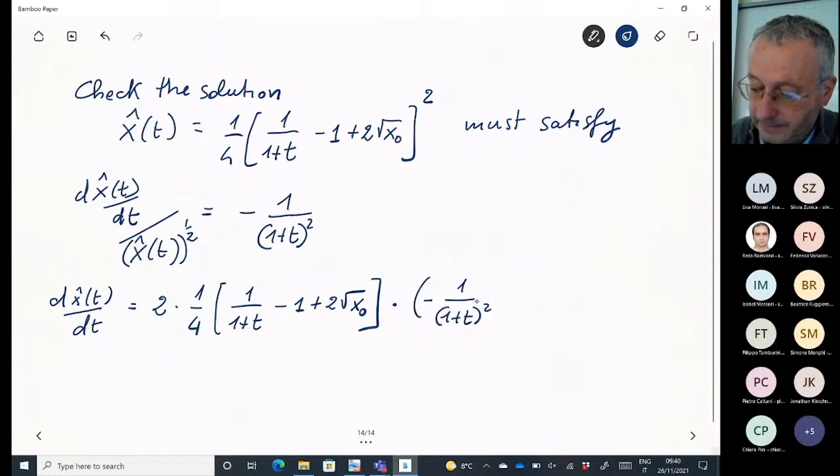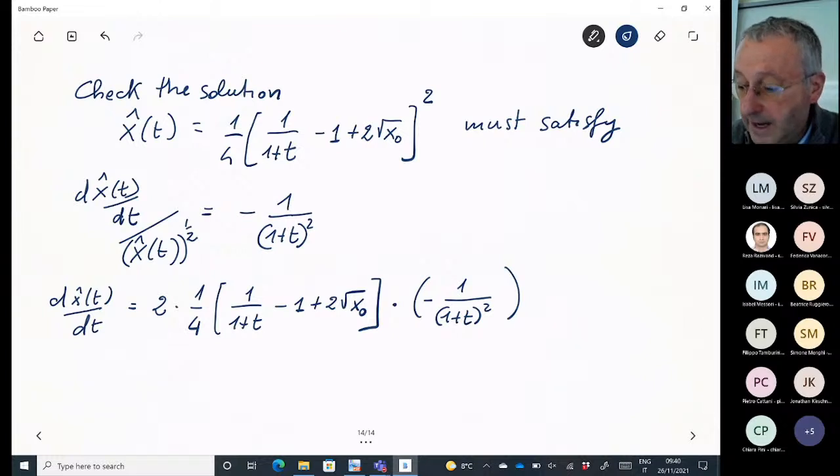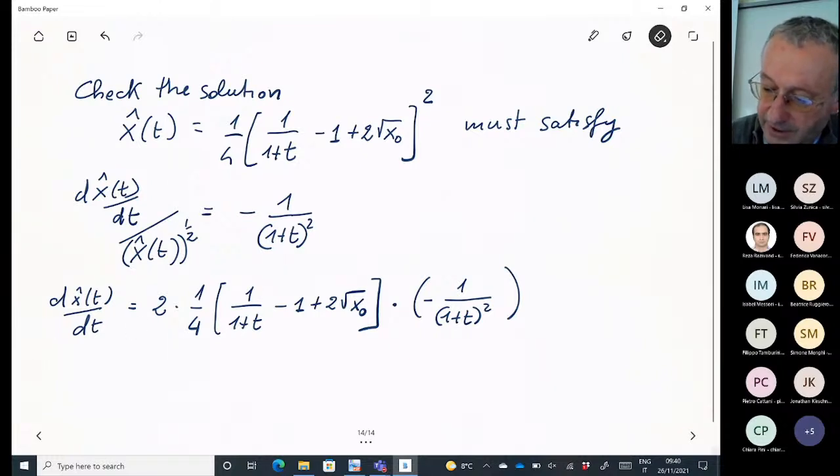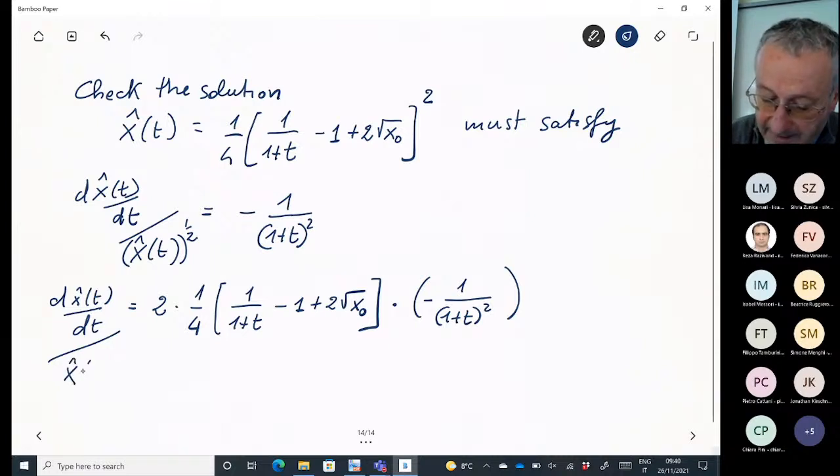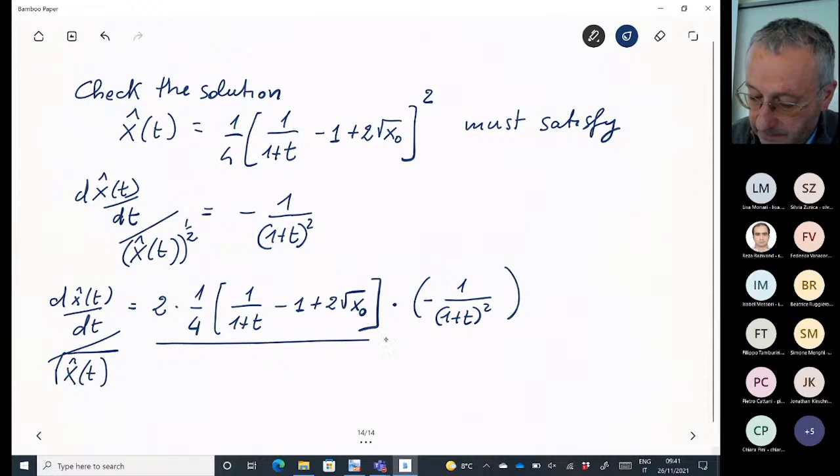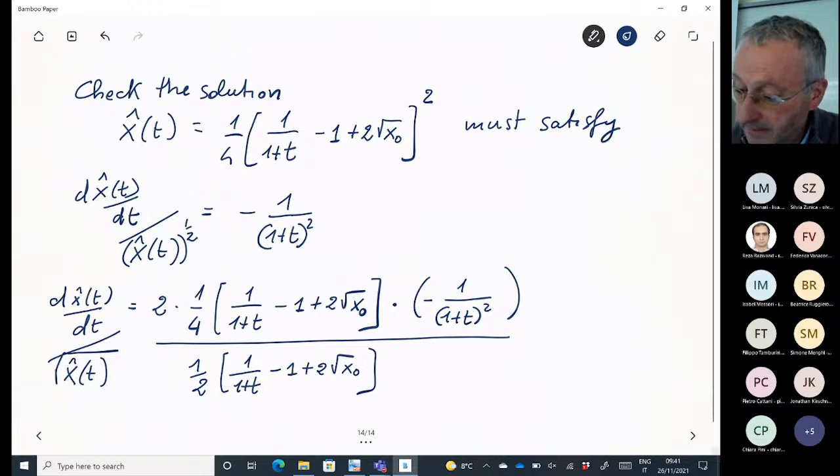On the other hand, let me just compute the ratio here. If I divide by the square root of x(t), the square root of the solution is this one. Its square root is 1/2 times this without the square, okay? Now, here, this becomes 2, so 1/2 disappears. Here I have this one, but this can be simplified away with this one. So my result is just minus 1